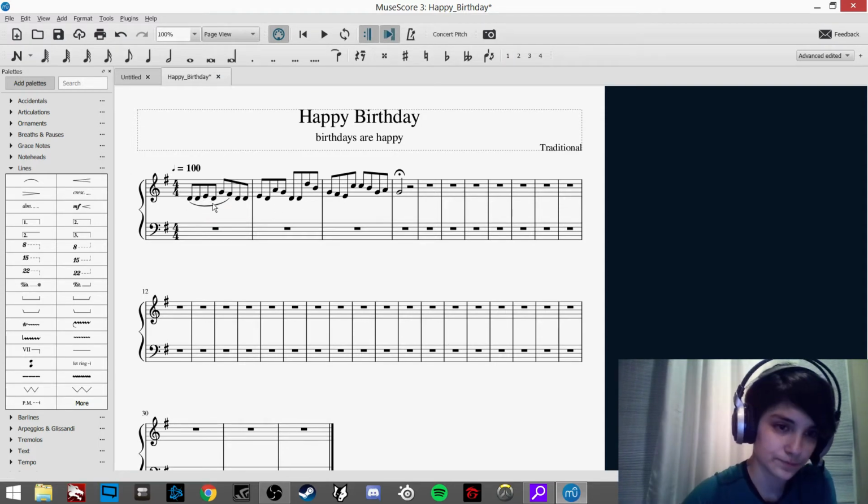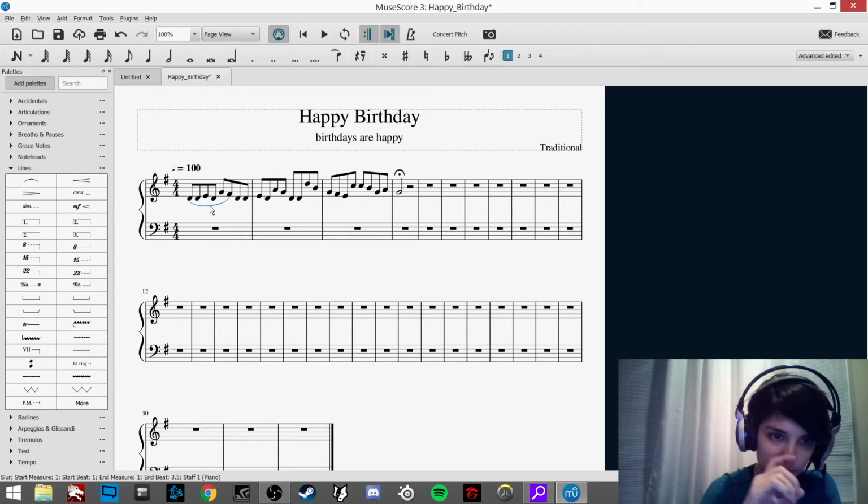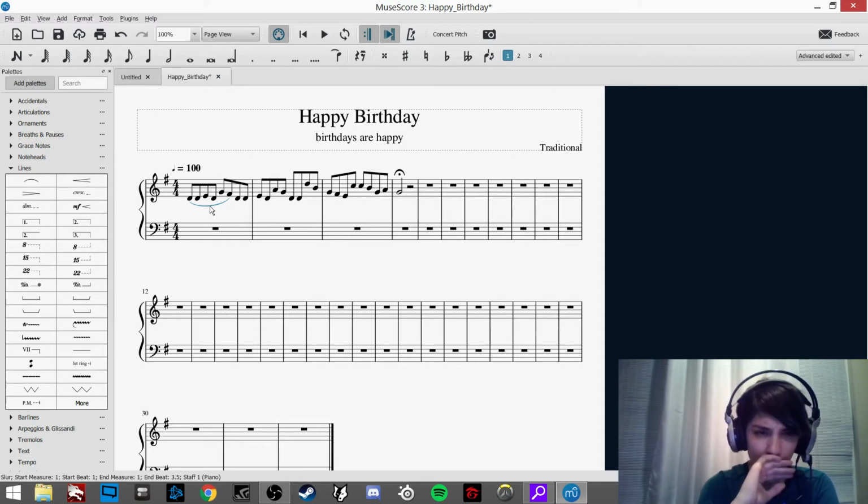And usually, MuseScore will automatically put it on the end that is best for which way the notes are facing. Or the stems, I mean. Anyway,